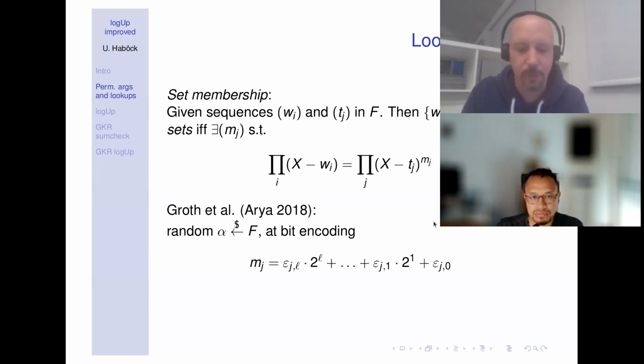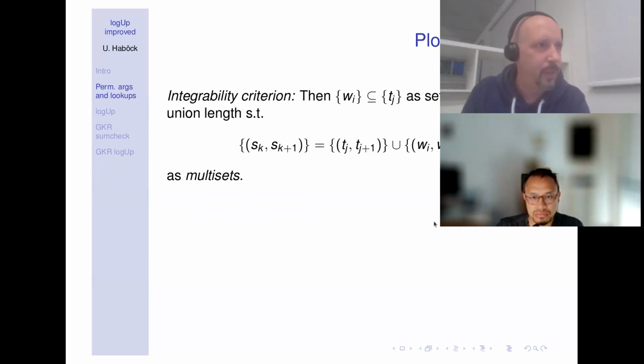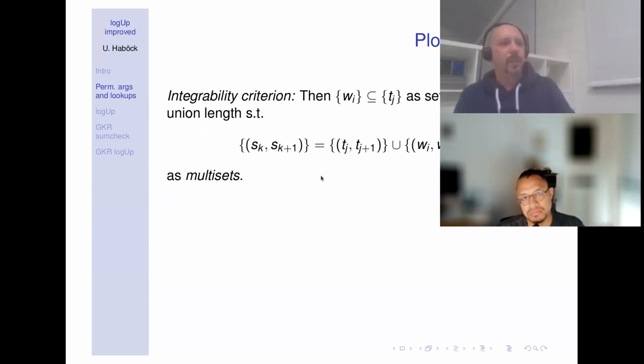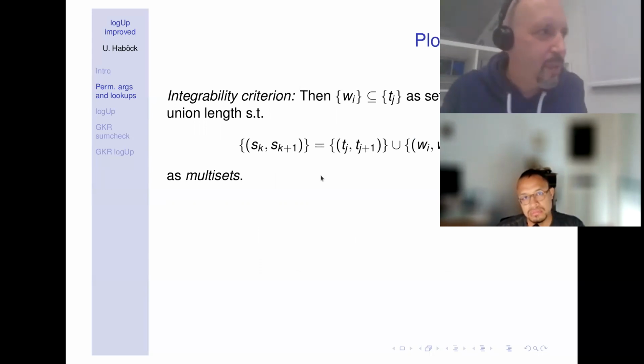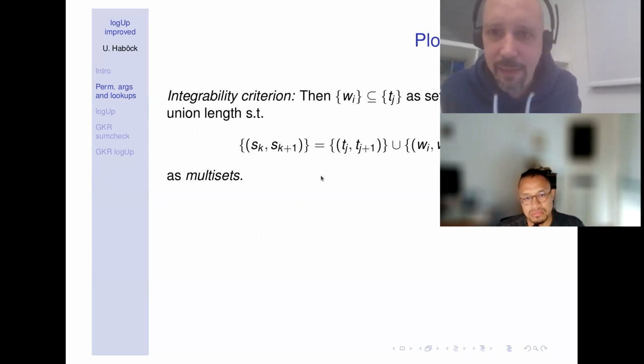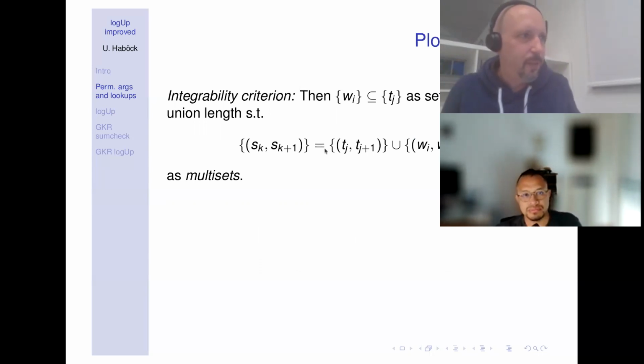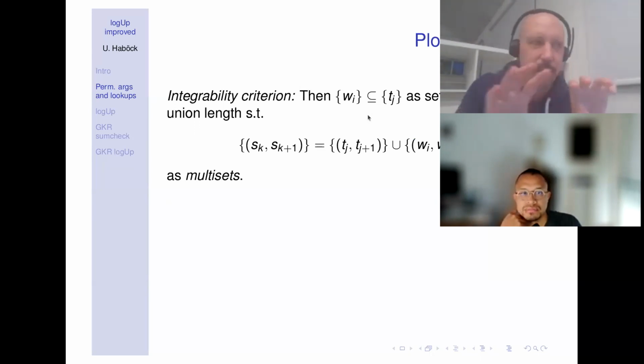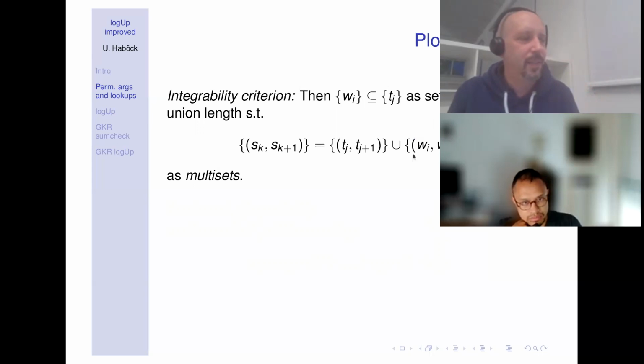So that's one way to do it. A better way to do it is lookup. This representation I think I have from the Hyperplonk paper. It's not exactly the formulation you find in the lookup paper, but something equivalent. So if you want to prove that the witness sequence is contained in the table sequence as a set, then you